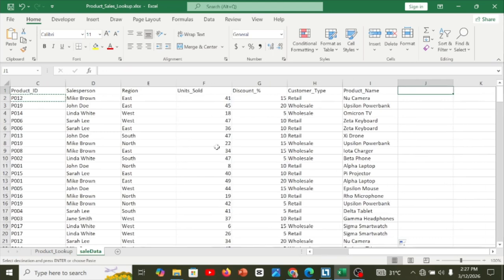Let's solve another business problem. Suppose we want to know the selling price of each product in this sales table. Instead of typing it manually, we use VLOOKUP again. First, I'll create another column called selling price, and enter. So quickly write our formula again,